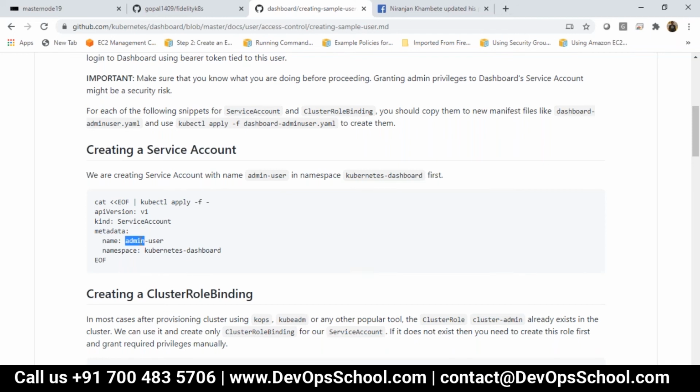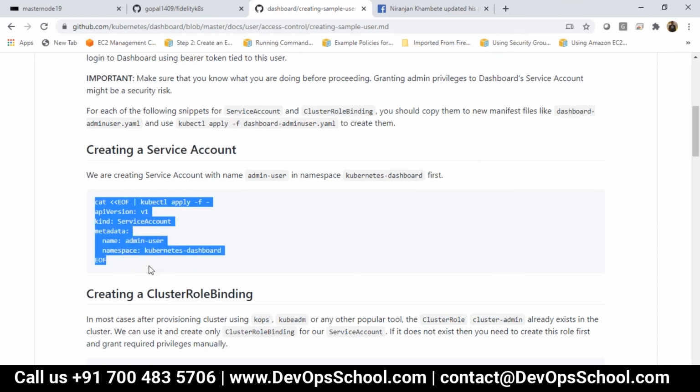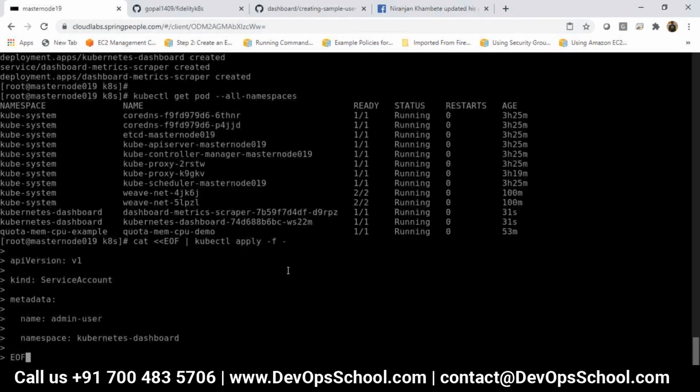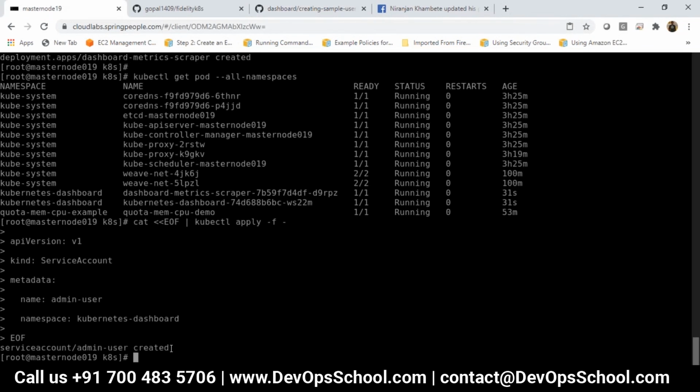This admin user will not have access to everything; he will have access only to the dashboard service. You can copy this and paste it here. The service account admin user has been created.